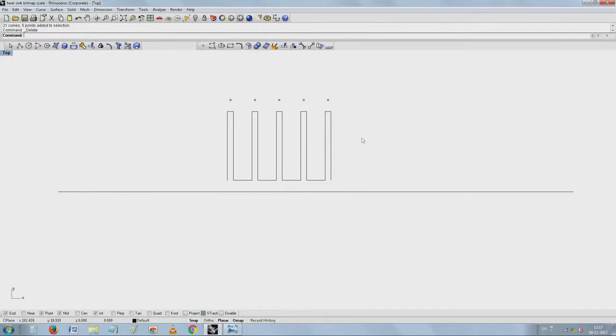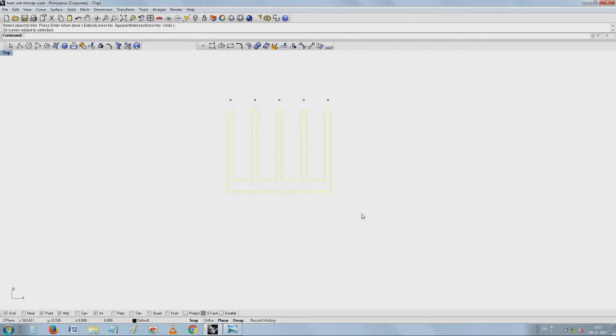You see where I have started. Now, one more time I will try to make the extend curve command and try to trim this object. And attach all of them together.